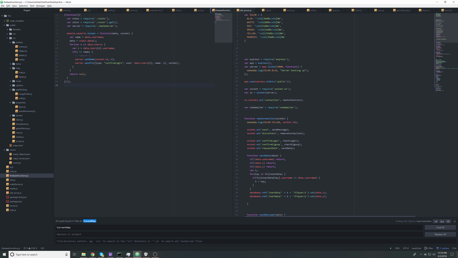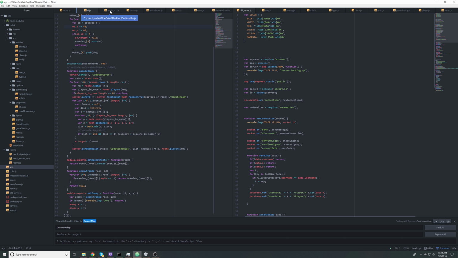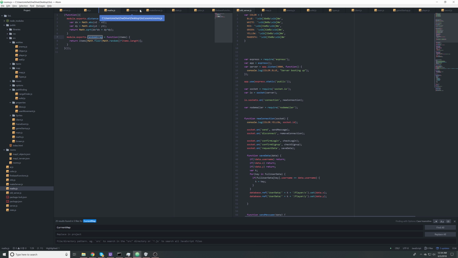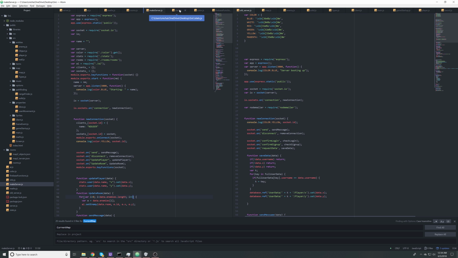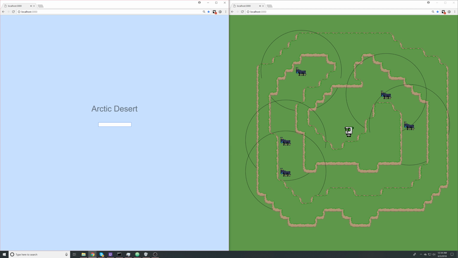But on the left, I split everything up into different files that I can have the server organized into to make it a lot cleaner. And it was a lot of work to redo that. And it was well worth it, because now if I log in,